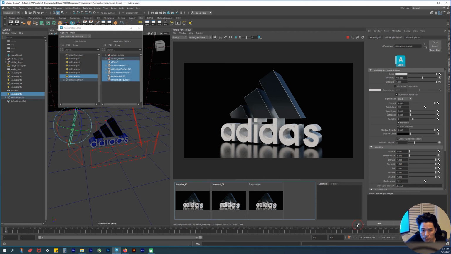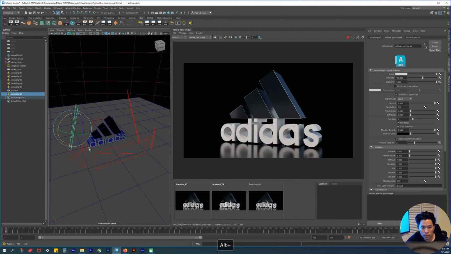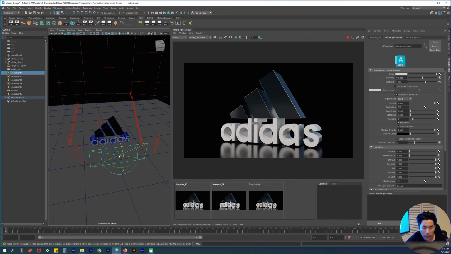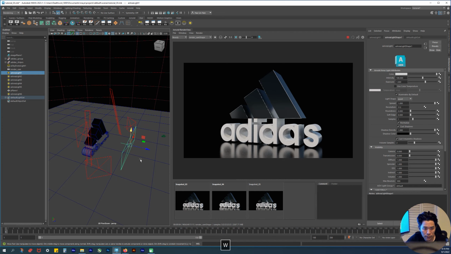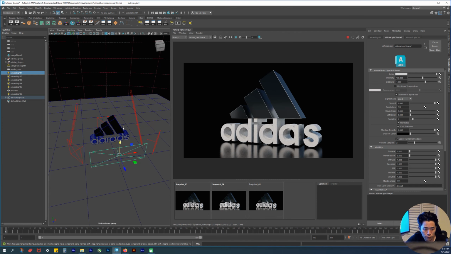So let me save it. Here's our very first, second with the kick, and third with the kick but without illuminating the text. The reason I did that was, let me close this out, to practice light linking,